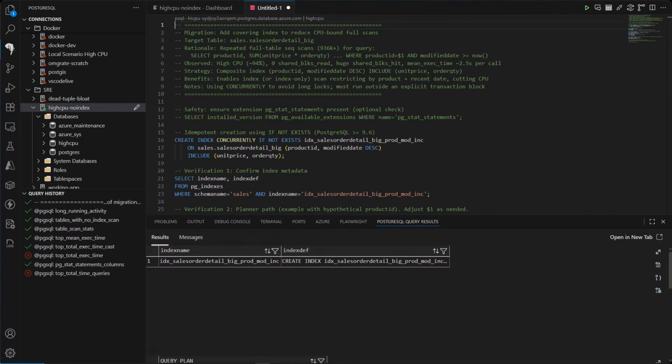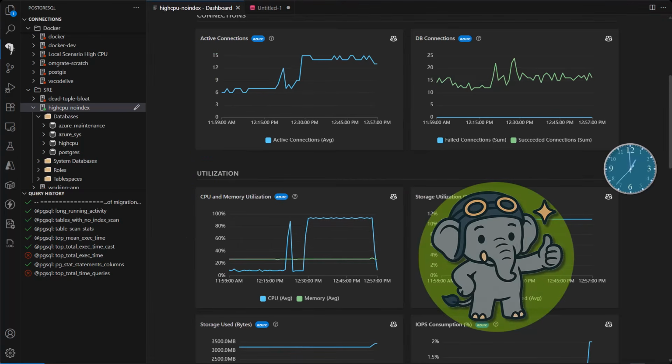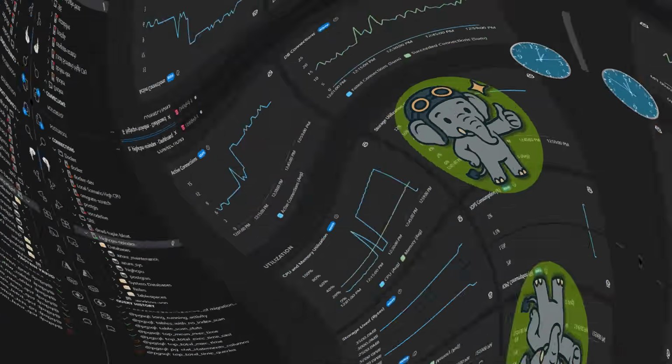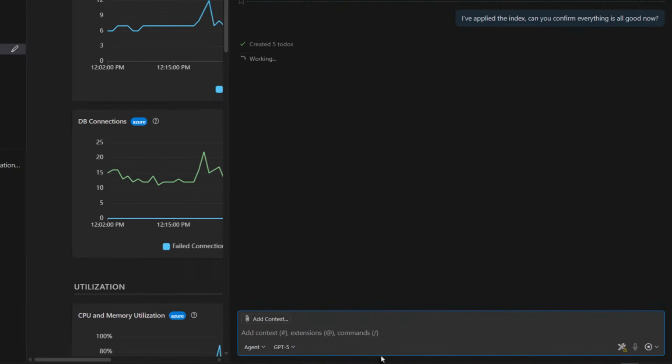After applying the index, watch the server CPU drop substantially. Success. As a final step, I'll have Copilot verify what we're seeing and confirm the issue is resolved, along with